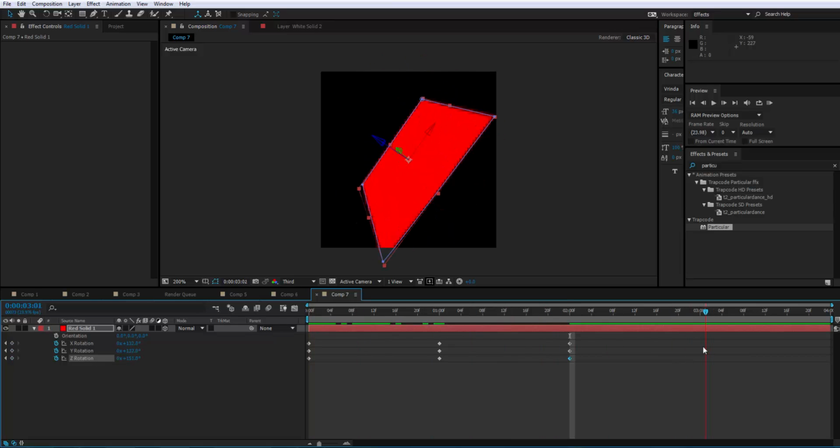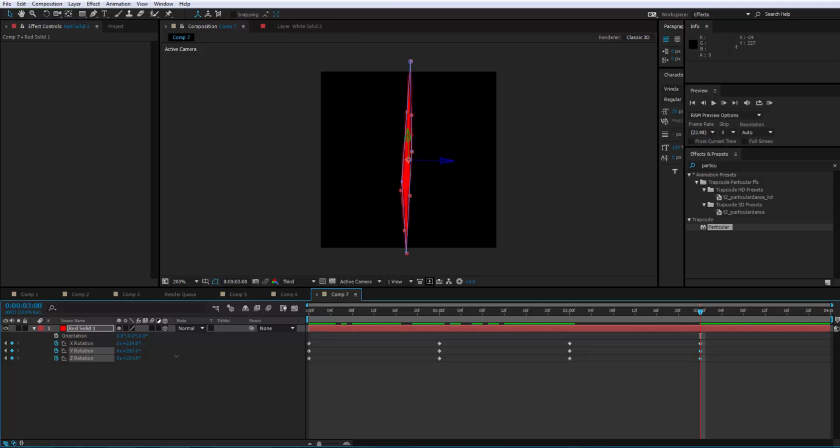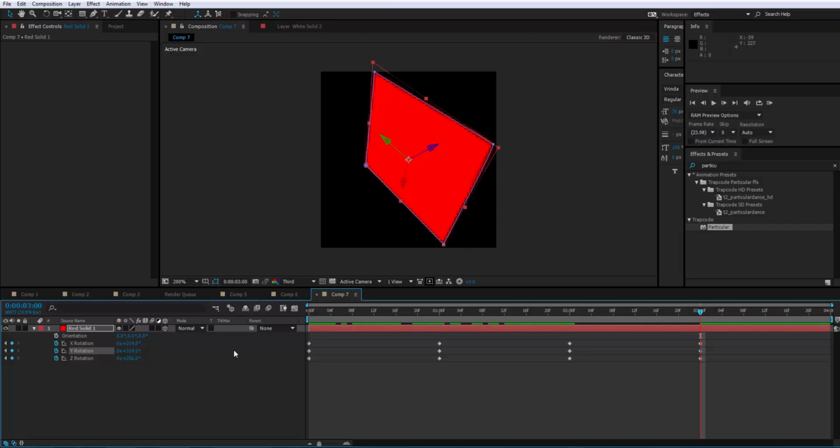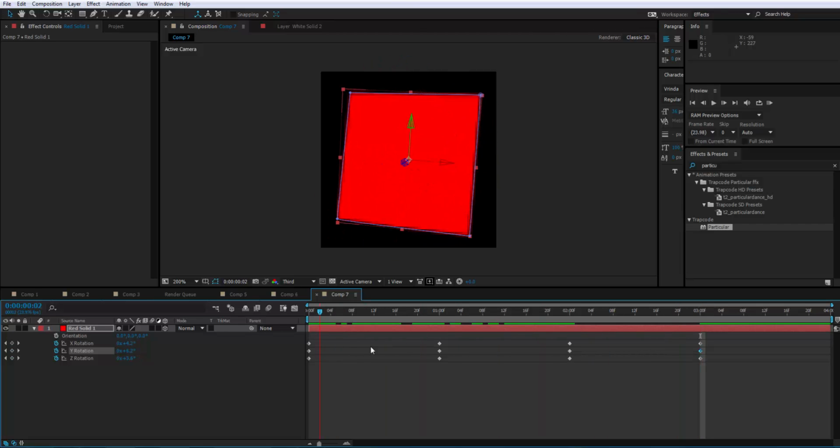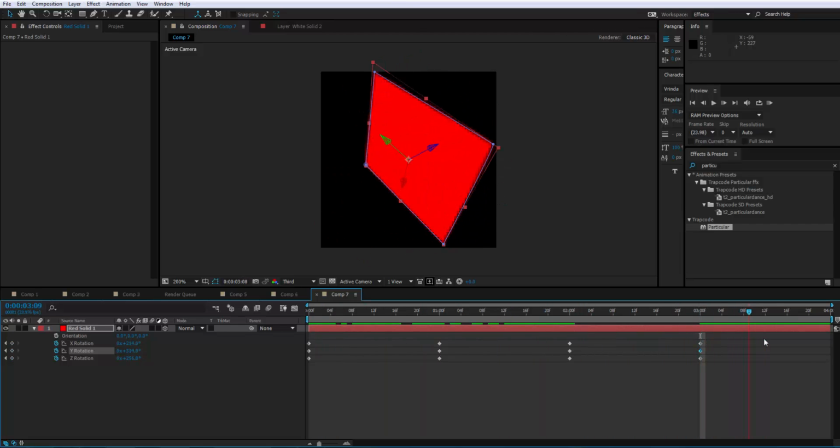Okay, and let's go to 3 seconds, give it a little bit more rotation, and feel free to play around with this as much as you want. Because this is your confetti, and it's going to be very custom. Okay, and now we'll go to the end of our composition here, and where it says 0, just hit 1,